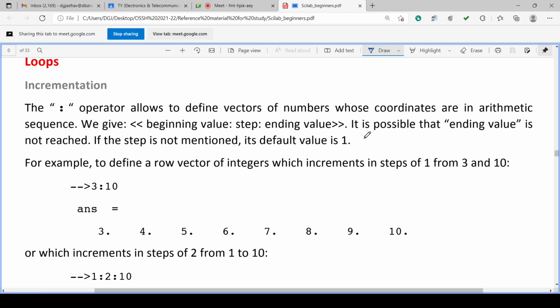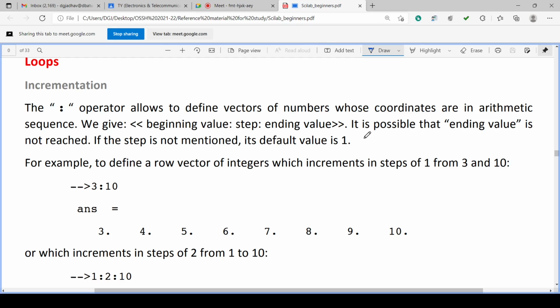As we know, in the loops, for loop is there or any other loop is there, we require some variable which go on incrementing or decrementing. So there must be a constant change in the variable value, maybe by 1 or maybe by 2 or maybe by 3. That means variable will vary from 1 to 2, 2 to 3, or 1 to 3, 3 to 5, isn't it?